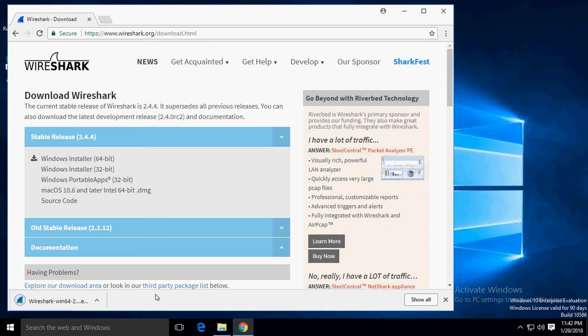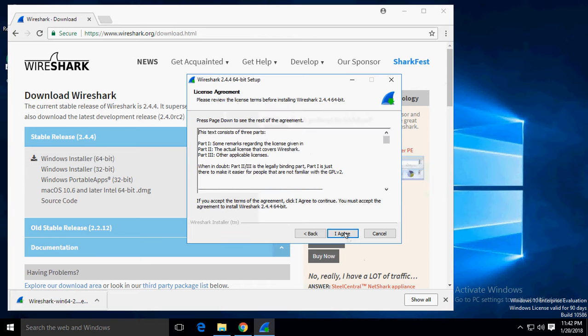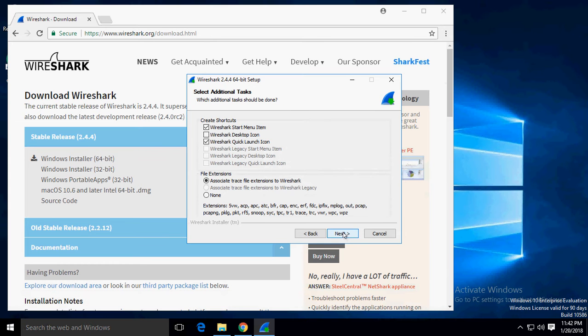Right. Once it's done, I'm going to go ahead and click on it there and let it open it up so I can install it. Okay. Installation doesn't take that long. You just follow the wizard, accept the defaults, and you're good. Okay. Leave all the defaults there. And then I always tell it to create a desktop icon so I can always have it there. Okay, and then go next,